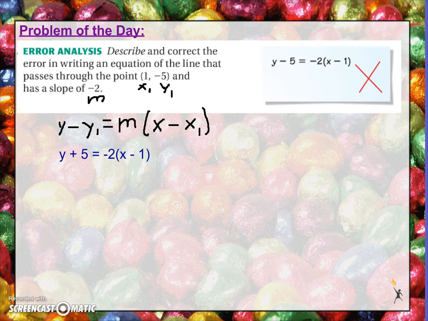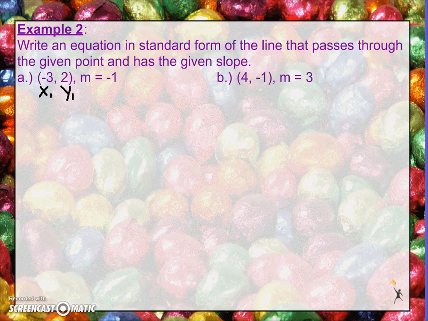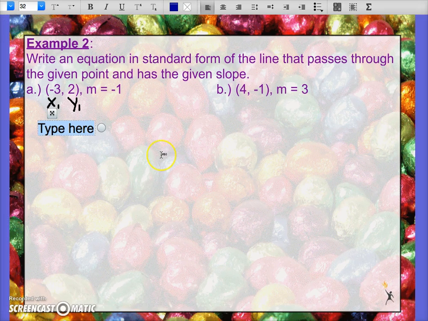And if you forget, pause the video and write this formula down here. y minus y1 equals m times the quantity x minus x1. So to start off, I have my m, my x1, and y1. I'm actually going to type them in. It's usually a little bit nicer if I type them in. So you do y minus y1, which is 2, equals m, which is -1, times the quantity x minus -3,